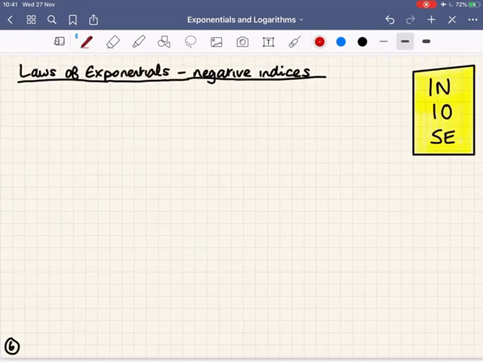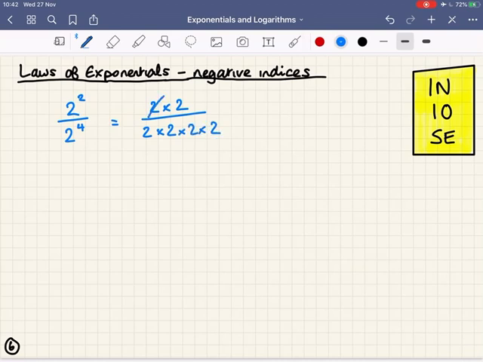That last example does give us the opportunity to get a negative index from our result. So if I had 2 to the power of 2 divided by 2 to the power of 4, that would give me 2 times 2 over 2 times 2 times 2 times 2, and cancelling that down gives me 1 over 4, which is 1 over 2 squared. Now hopefully you can see there, I've got a 2 on the bottom,